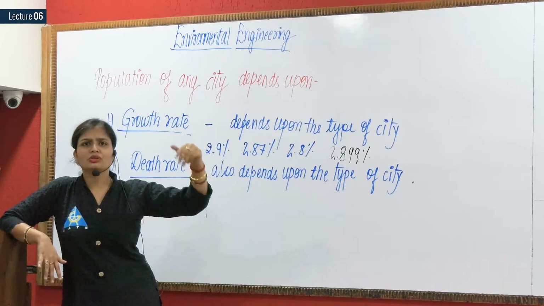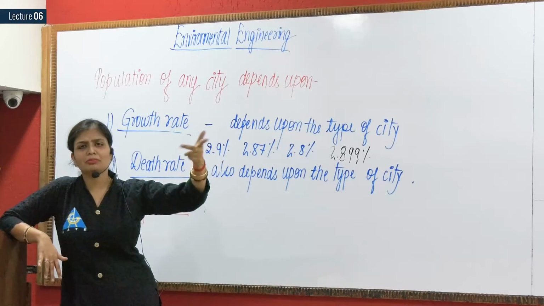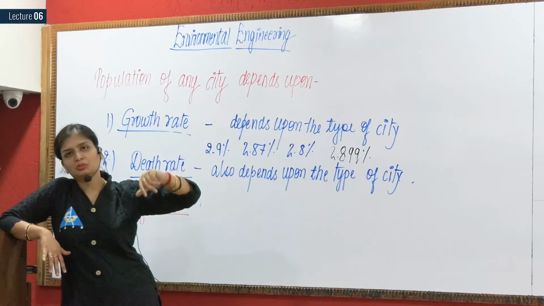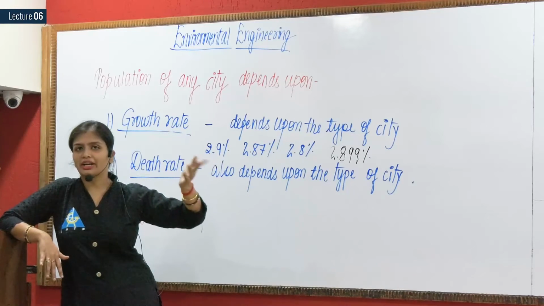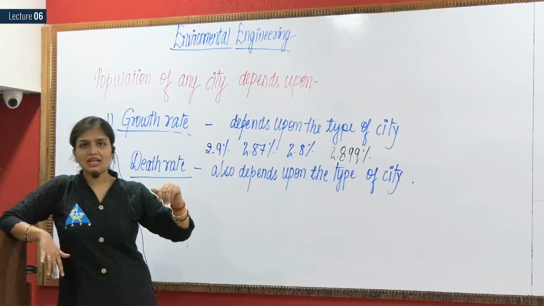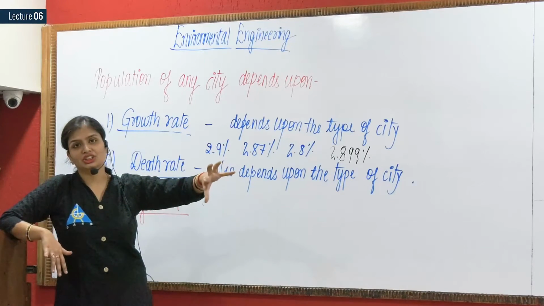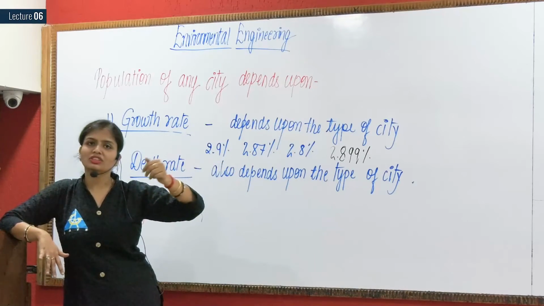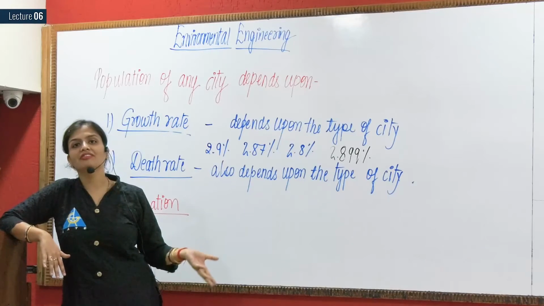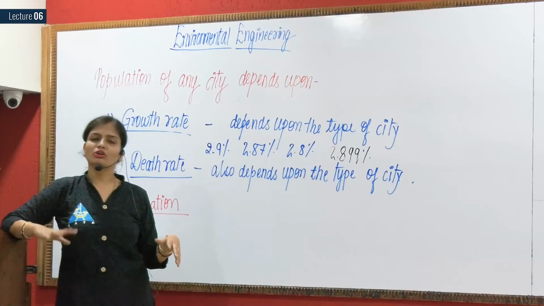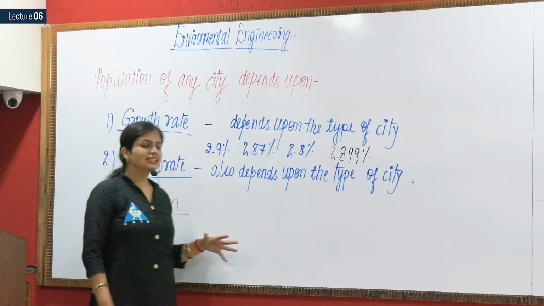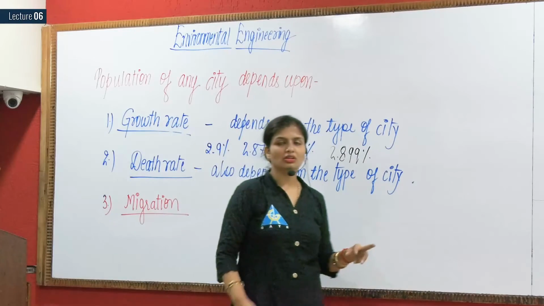Like basically you will go to Noida or some other place which is comparatively less polluted as compared to that of Delhi. Fine. So what is happening? You are moving away from that place. That is negative migration. You're moving to the outskirts of the city to some other place where there is comparatively less pollution and all those other factors. And that is the reason we have two types of migrations.